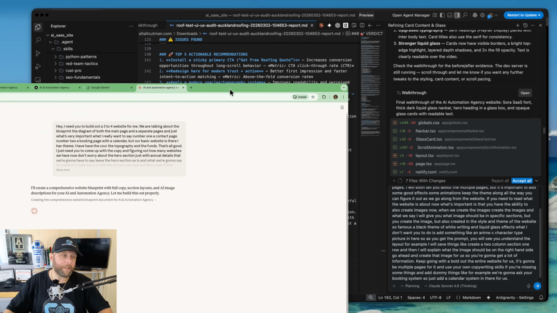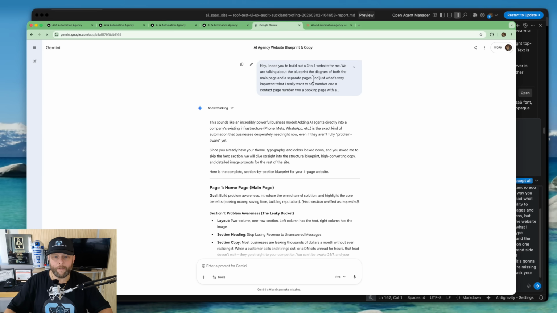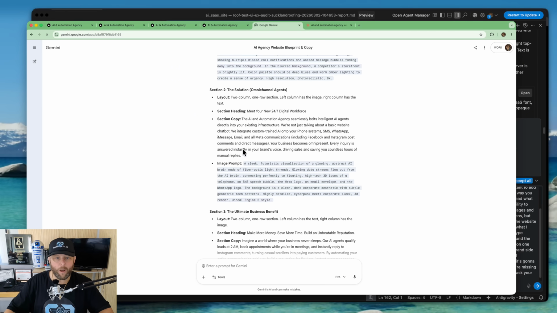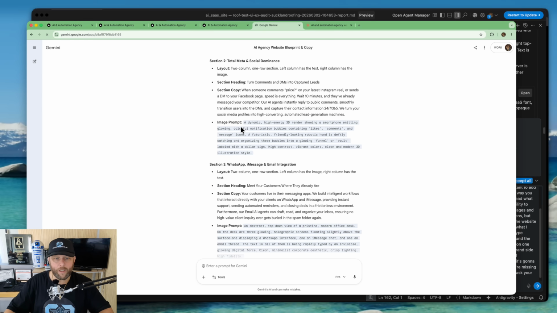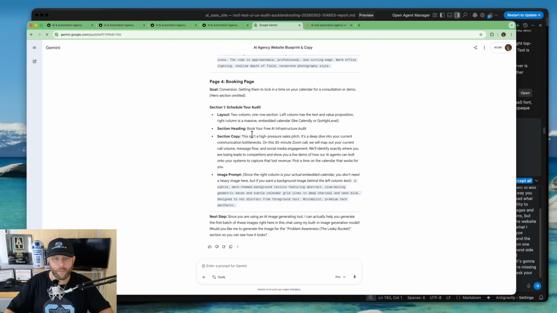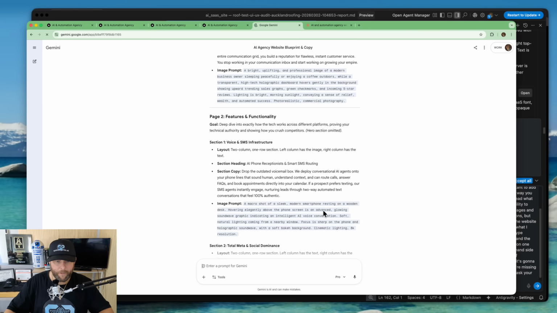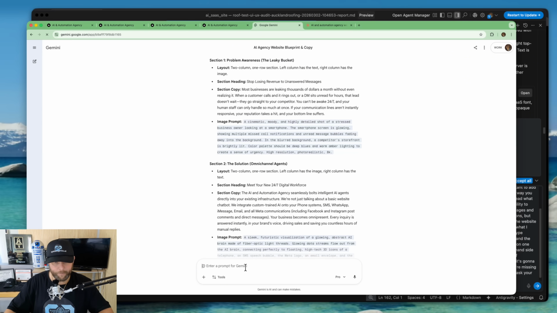I'll hit that pause button, and you'll see Opus is still thinking about stuff. But Gemini's done, right? So page 1, section 1, section 2, section 3, page 2 features, right? Okay. I would like to talk more about our features, voice AI and infrastructure. All right, so I'm going to hit that and I'm going to say,